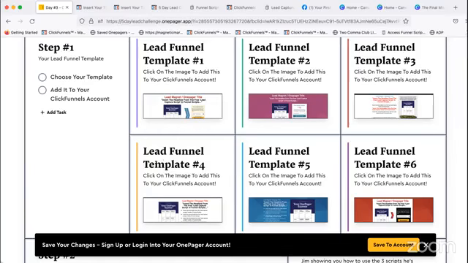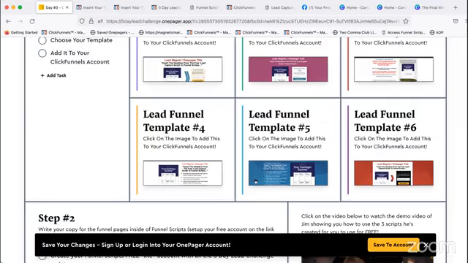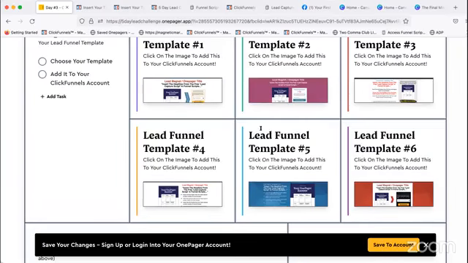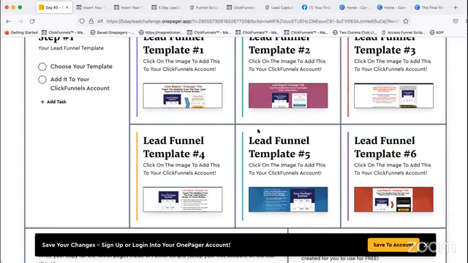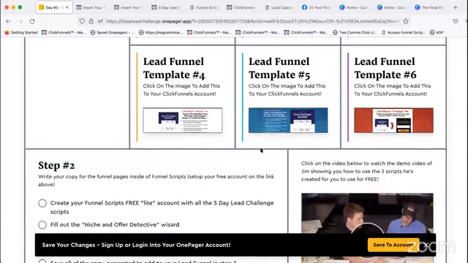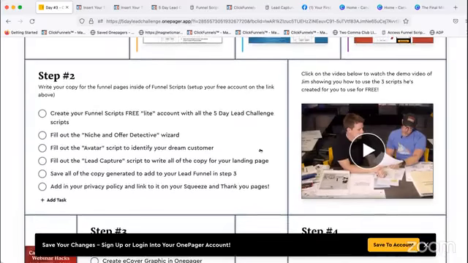Fantastic. Awesome. So you can pick any one of these templates, all of them if you want to. I had someone actually download all the templates, so you're completely at liberty to pick any one of these templates, right? And then, of course, you want to use the script,